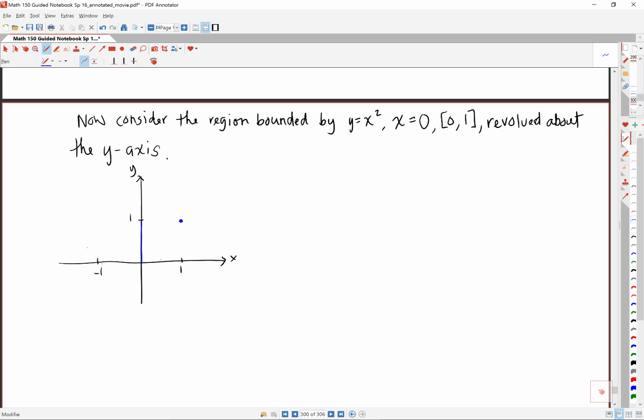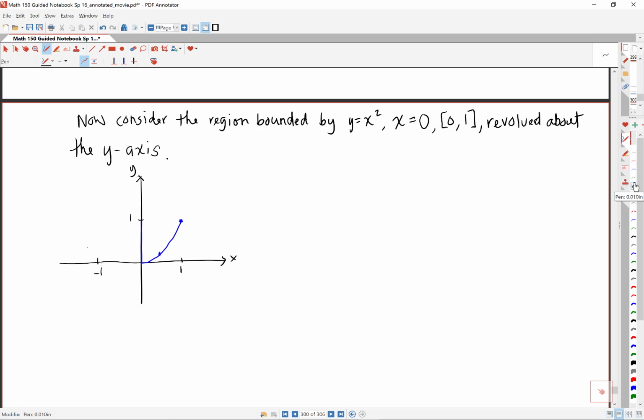I've got a bound here, and then I've got a bound from that curve, that conic. And so what'll happen is our region is going to be,